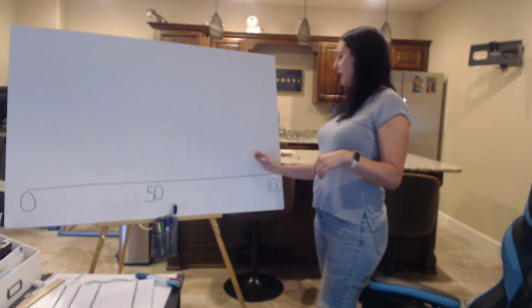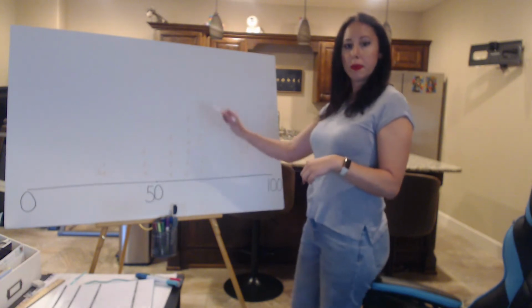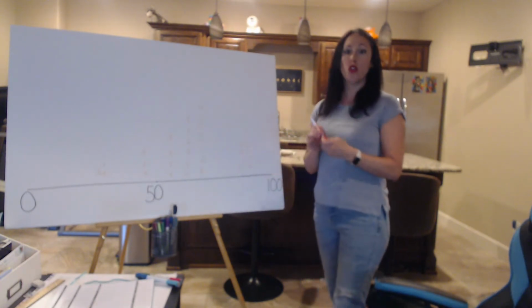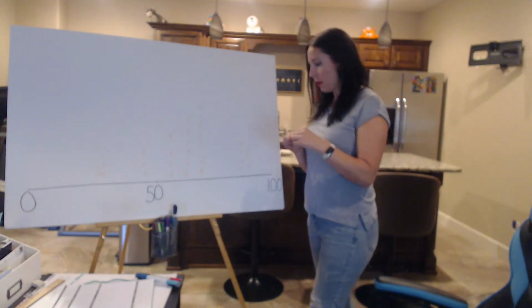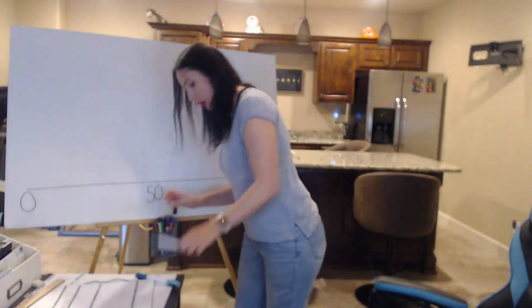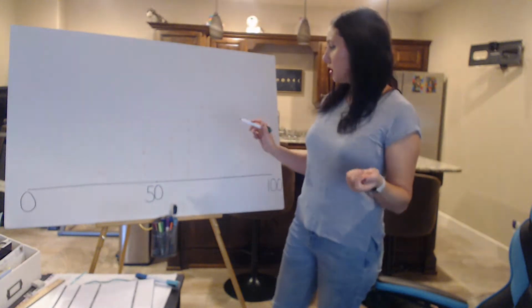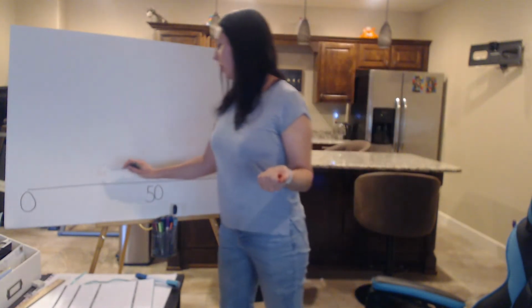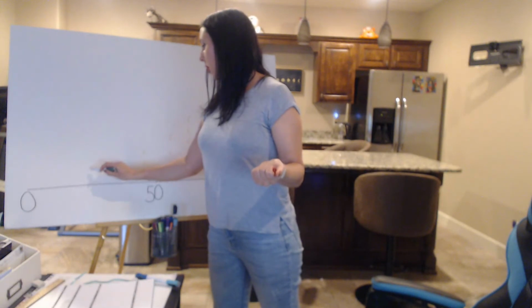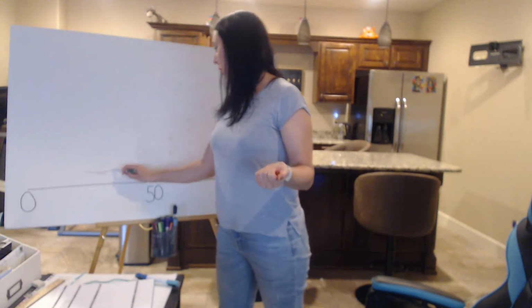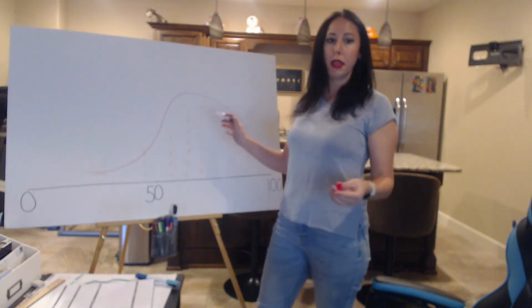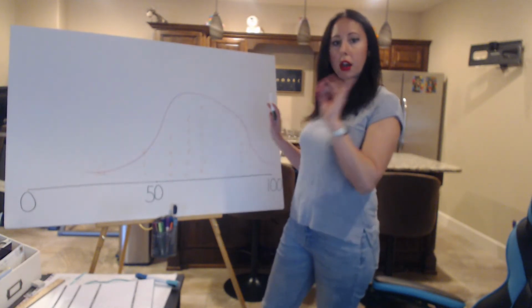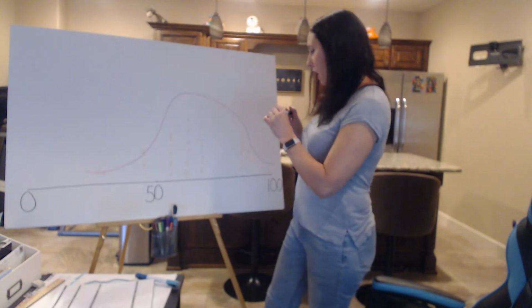Okay, so if we're stacking our results this way, in a normal distribution, you can hardly see my orange at all, the way the webcam is. Let me see if pink will work better. In a normal distribution, what you would expect to see is what we call a bell curve, right? We're going to come up and over and down, and it's going to be pretty even. Art is not my strong suit. Now,